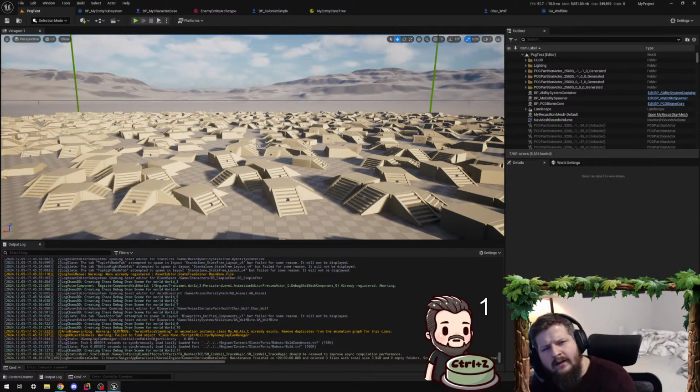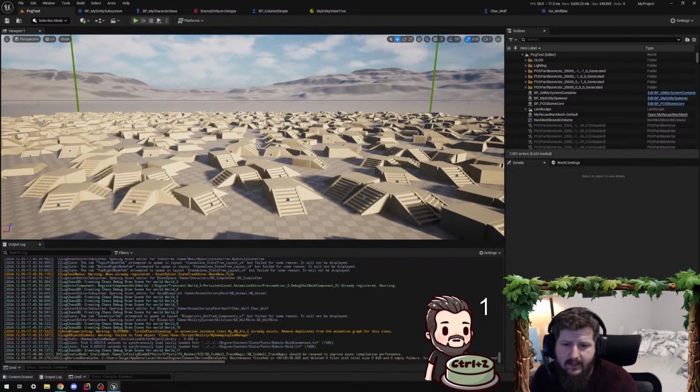I think maybe that's what I want to do today, ranged versus melee, because right now they try to move to where the player is at, the exact location, and then they just stop once they're within range, whatever that may be. Which is